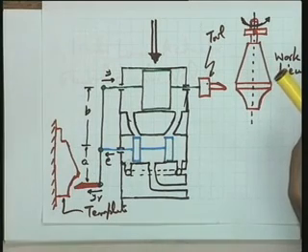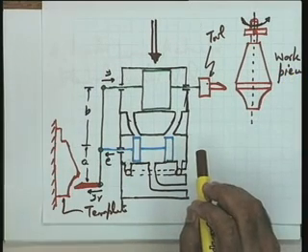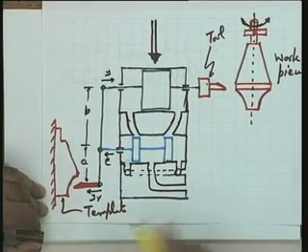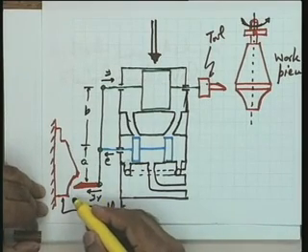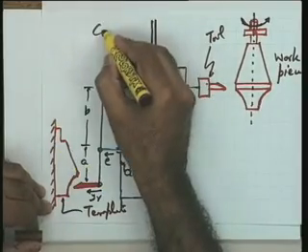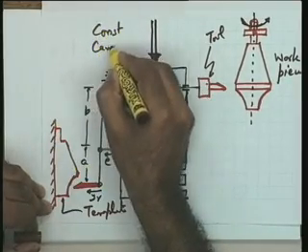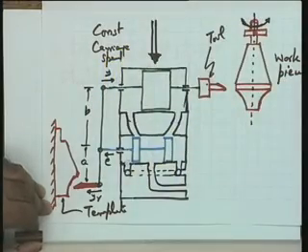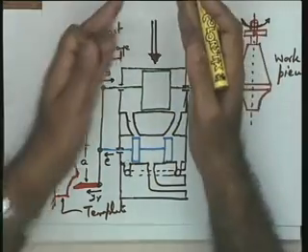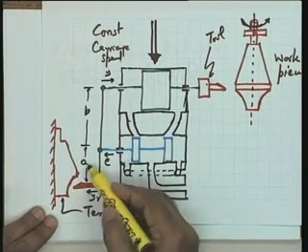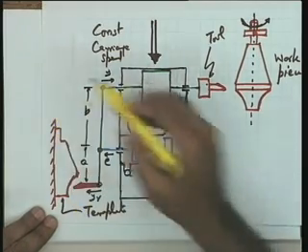This requirement must be seen. What is your standard way of saying what is command input? In this particular case, command input is YR. So, how do you set this YR? You set this YR on the basis of this template profile. I can say that this is my constant carriage speed. It means this whole assembly is moving at a constant linear speed, which is going to set the command signal YR depending upon this profile.